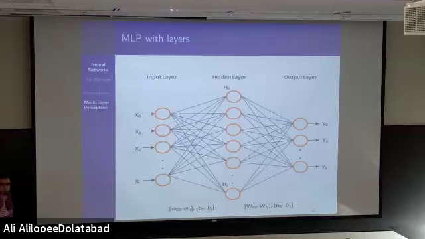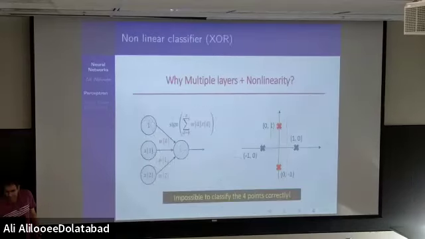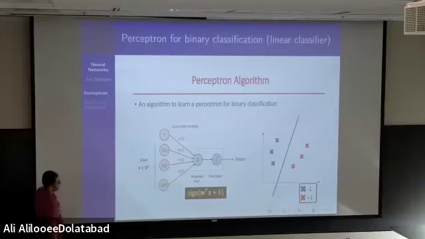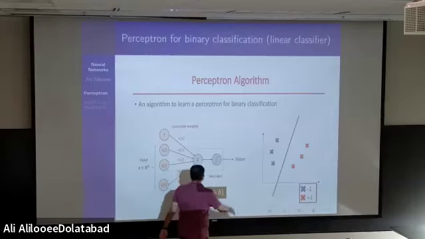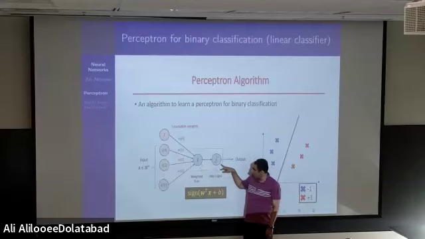Yeah, please. Can you remind us what the linearity is? Sure. Let's come back to this. When we say linearity, it means this. Every neuron, every perceptron, consists of this. This part is called linearity. This part is called activation.